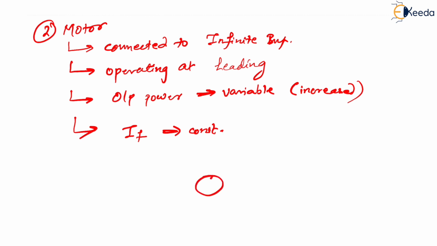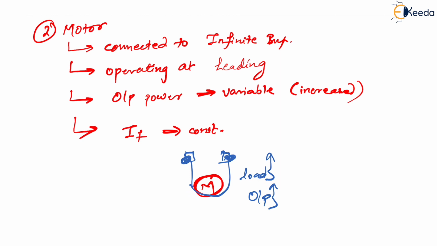For example, if you consider this as a motor, then it will have some brake drum or not? This will be the brake drum. This will be the springs. If you tighten the springs even more, what will happen? Load torque will increase. Correct or not? If load torque increases, definitely what will happen? Output power will be increased. If output power is increased, then can I say the equivalent input power will also increase?